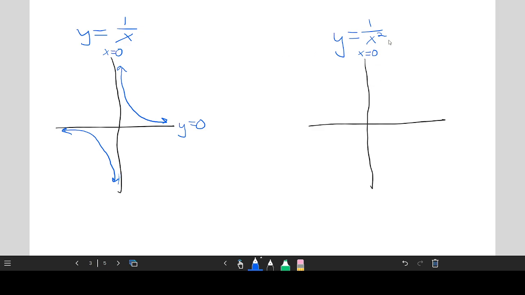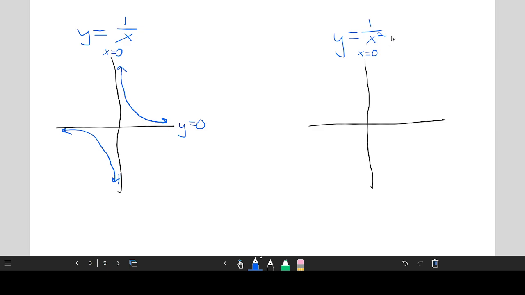And similarly to the first one, if you take larger and larger values of x, your y value is going to get closer to 0. And if you take infinitely negative values of x, it's going to approach 0 as well. The difference here is if you plug in a positive value for x, you get a positive y value. That's actually the same. But the difference is if you substitute a negative x value here, you're going to square